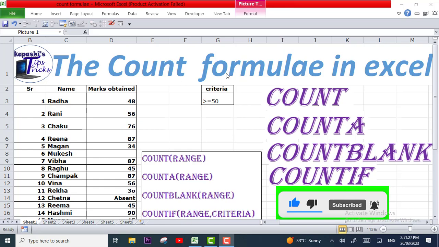The count helps us to count the number of numerical entries in a range except blanks. The count A counts cells containing any type of information excluding blank cells. The count blank counts the number of empty cells, while the count if counts the number of cells that meet a certain criterion. So here I have a table with me where I have the names of a few students,